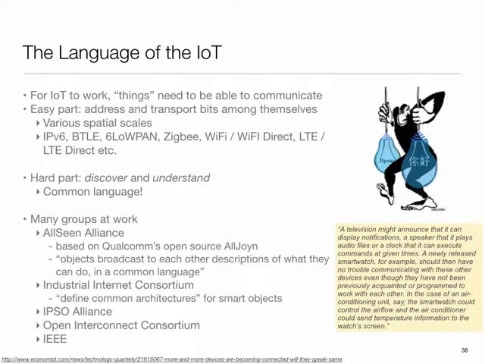So AllJoyn is an open source thing, and AllSeen adopts that and builds upon it. This is something that you can actually run on your platforms. They have an Android client, an iOS client, they have Raspberry Pi, these kinds of things are all out there.